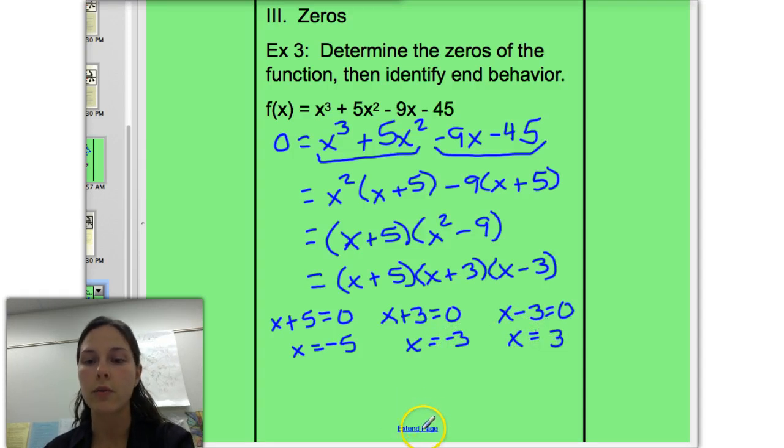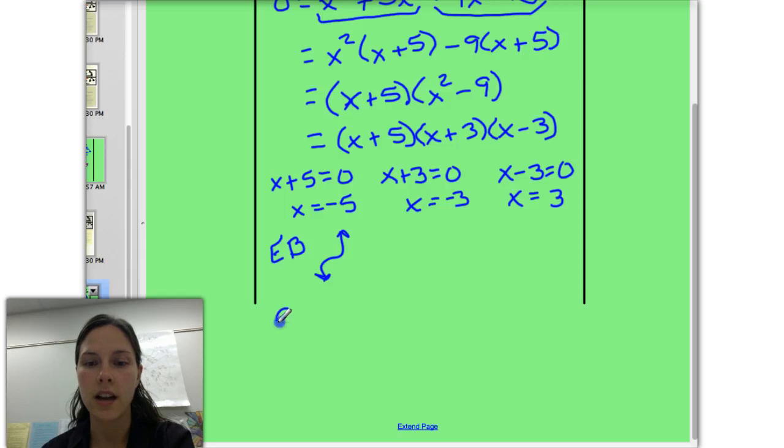The next part is another review of identifying end behavior. So our degree for this one is 3, so that's going to look like a snake. The leading coefficient is 1, which is positive. So for end behavior, we're going to have a quick sketch of the graph. It'll look something like this. And as x